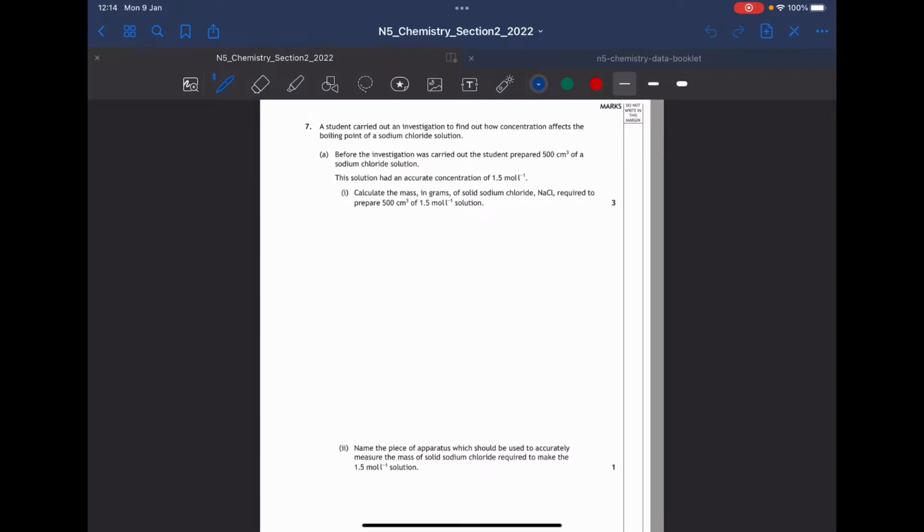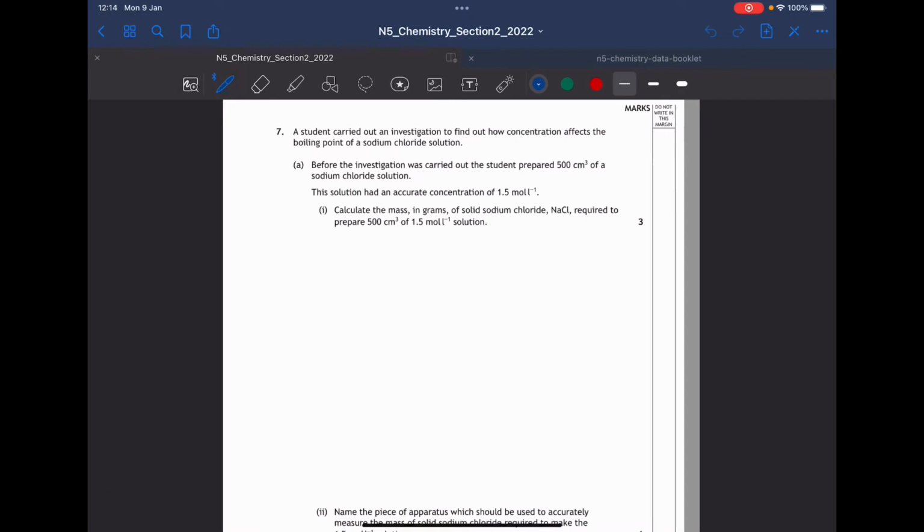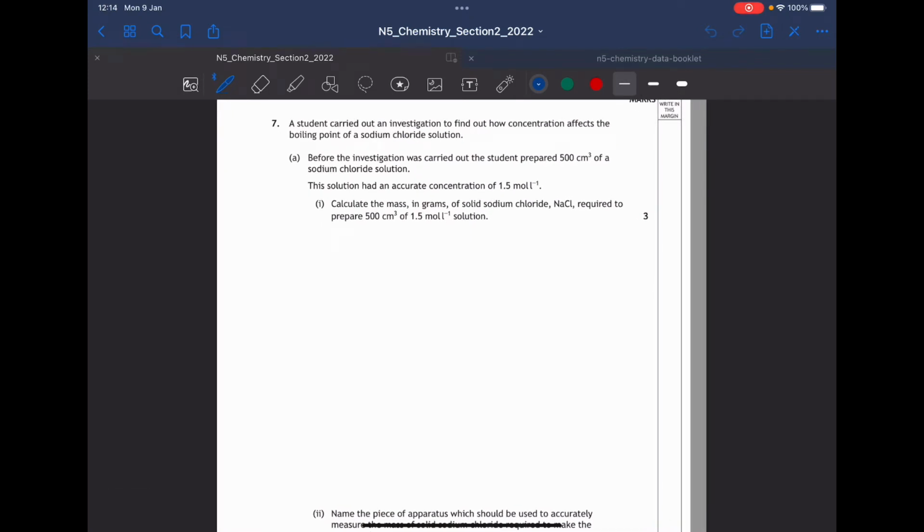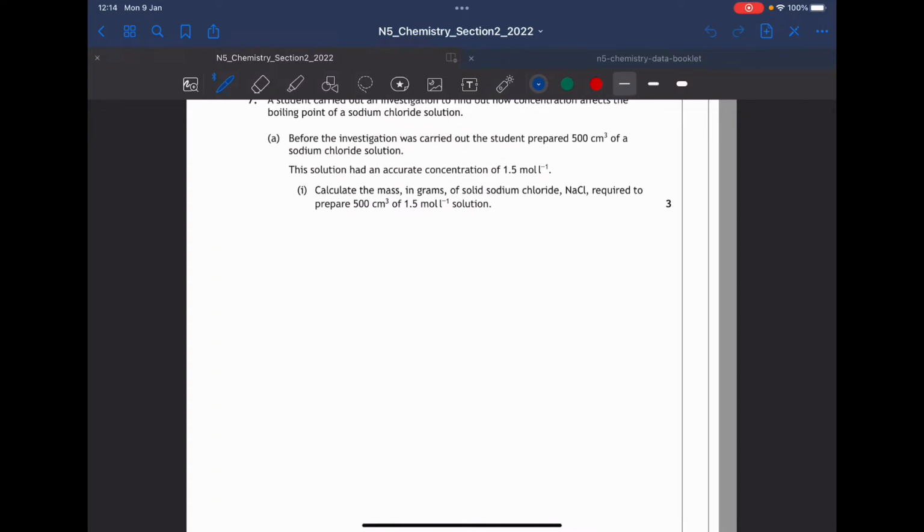If we get started with question 7, a student carried out an investigation to find out how concentration affects the boiling point of a sodium chloride solution. Before the investigation was carried out, the student prepared 500 centimetres cubed of a sodium chloride solution. This solution had an accurate concentration of 1.5 moles per litre. Calculate the mass in grams of solid sodium chloride required to prepare 500 centimetres cubed of a 1.5 mole per litre solution. So this is obviously a calculation because it says calculate, and if you're unsure where to start a